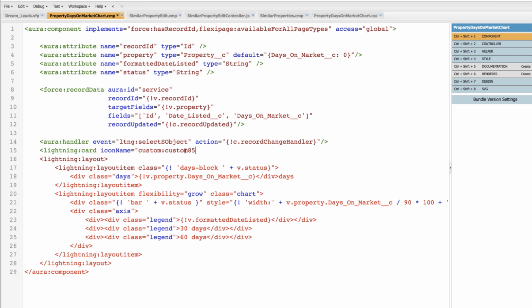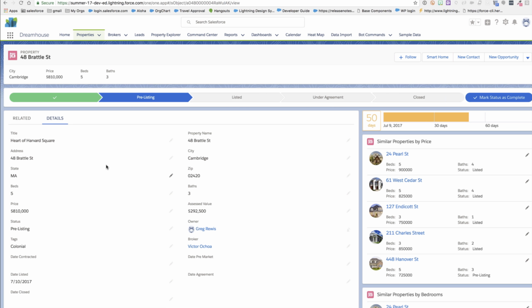Custom85, let's hope that that's a good icon, and we'll give it a title, and we're going to say title equals Days on the Market. And there we go. Go ahead and take that lightning card, and we'll move that down to the bottom here and paste it in, save that, going back over, now we refresh,